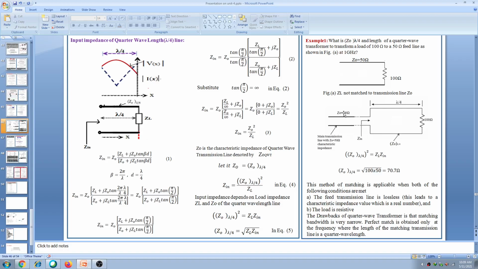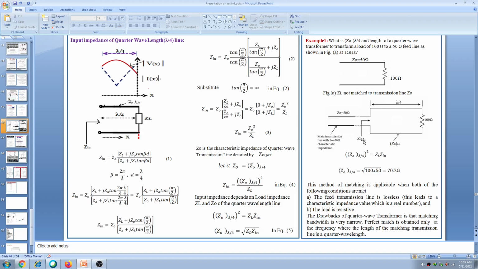So automatically the signal coming from the source, delivered through this transmission line, is completely delivered to this network, because here the input impedance is a 50 ohm load. Whenever the signal comes like this, it feels like there is a matched termination. So the signal is delivered to this network fully. So what we did is we took maximum power from the transmission line to this network. Now assuming this length is small and it is lossless, maximum power is delivered to the load of 100 ohm. That is the idea behind this.